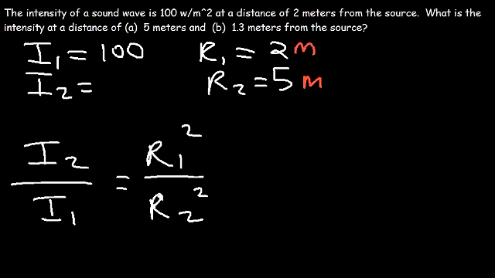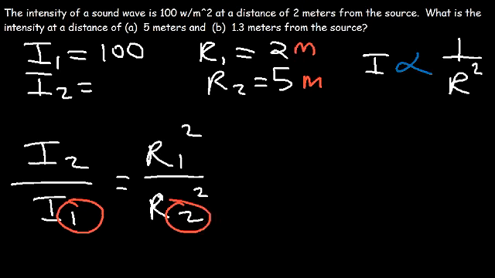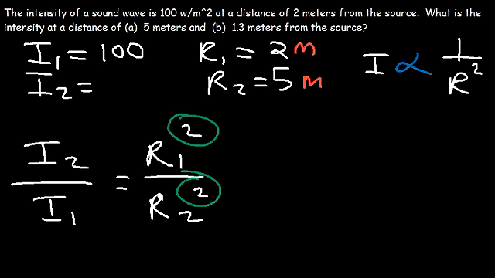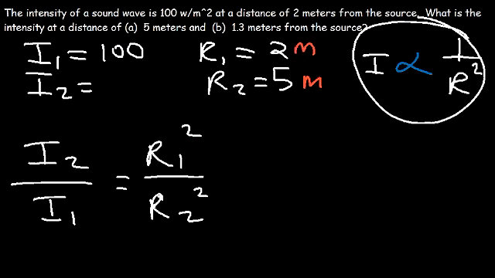So from this equation, we can see that the intensity is inversely related to the square of the distance. The inverse relationship, you can see it due to the fact that the subscripts don't match. They're opposite to each other. And also, you can see the square for each of the R values. So you can see how it's similar to this relationship. So this is the formula that we need to use in order to solve it.